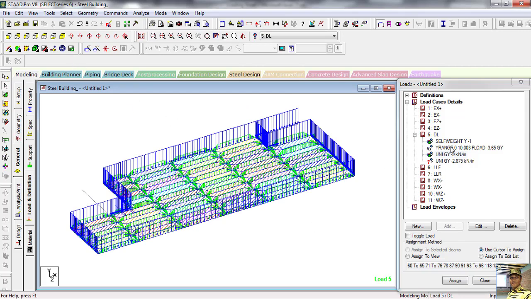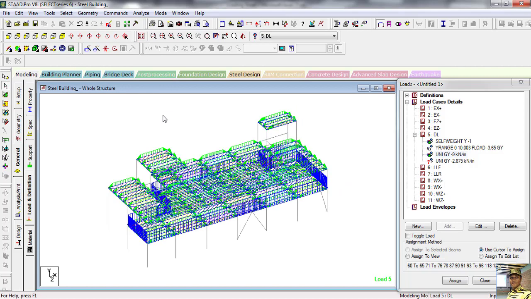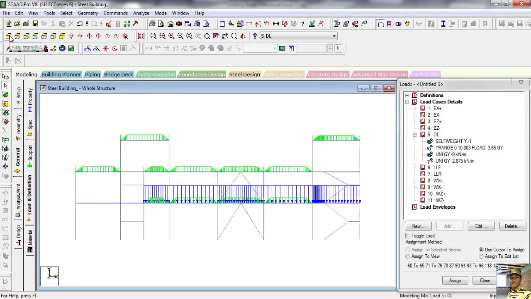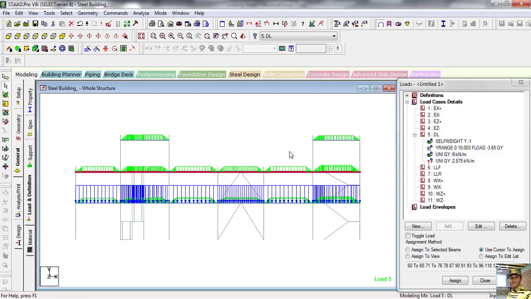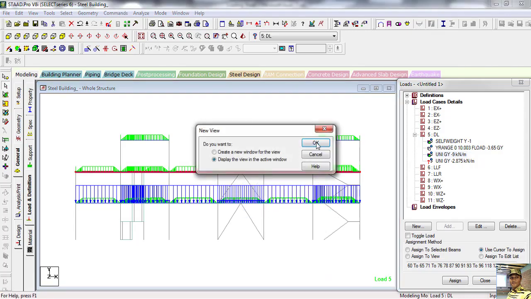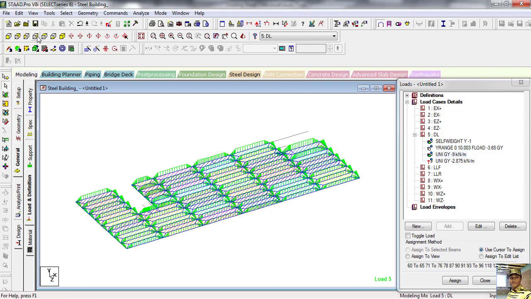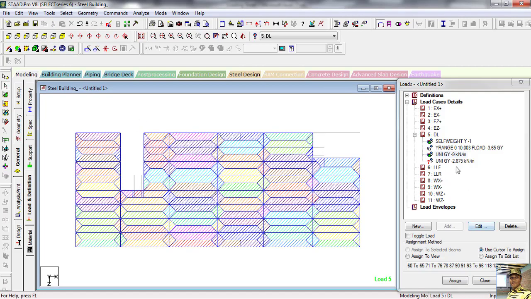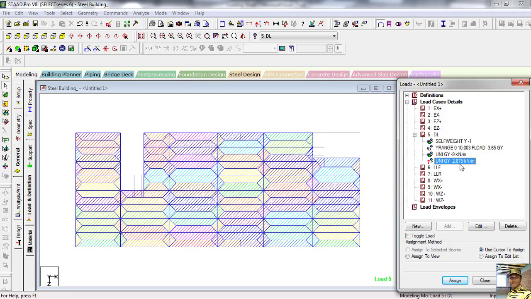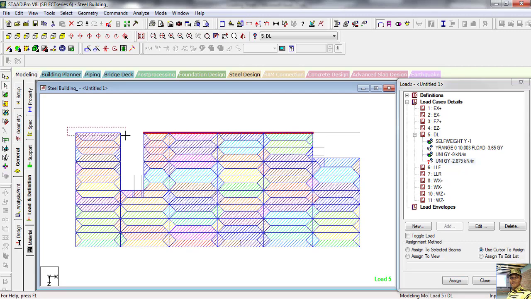Same way we will do the whole structure. Go once again to Z view and select top floor and new view, okay, isometric view, top view. Now see, this load will be assigned. This is our parapet wall. So select this beam, this beam, this beam, this beam, this beam.